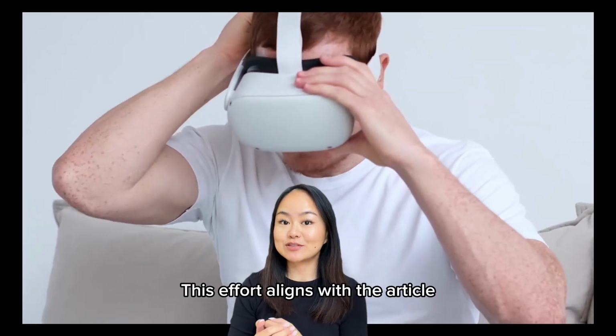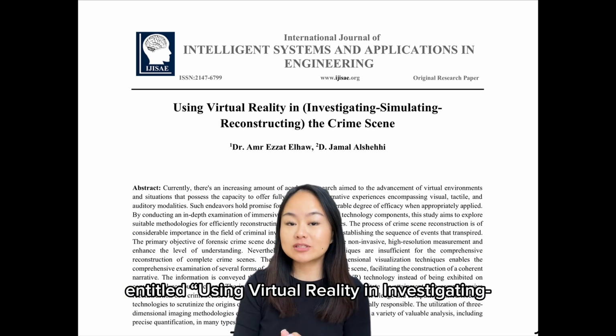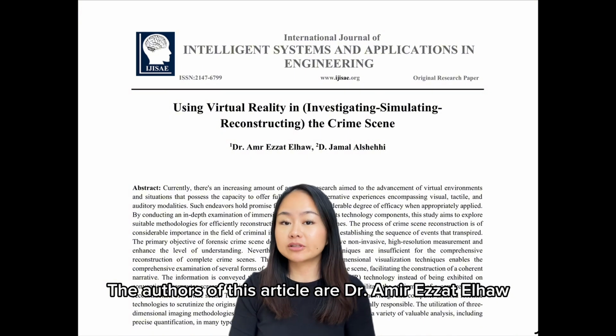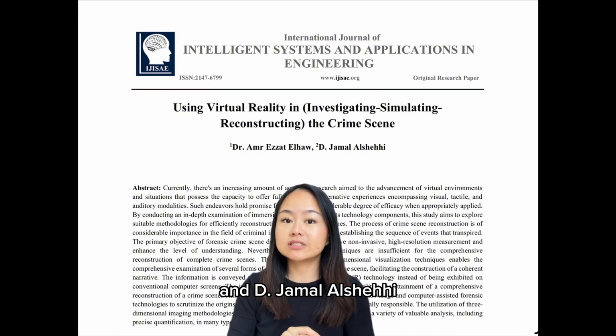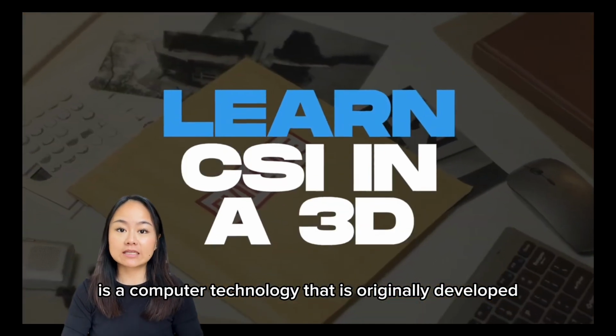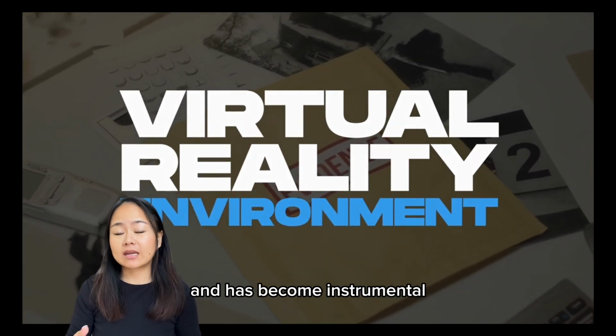This effort aligns with the article that we are about to dissect today, entitled Using Virtual Reality in Investigating, Simulating, Reconstructing the Crime Scene. The authors of this article are Dr. Amir Izzat El-Ho and Dr. Jamal Al-Shehi. Virtual reality, VR, is a computer technology that was originally developed primarily for game development and has become